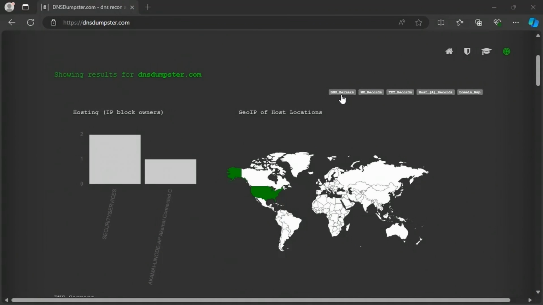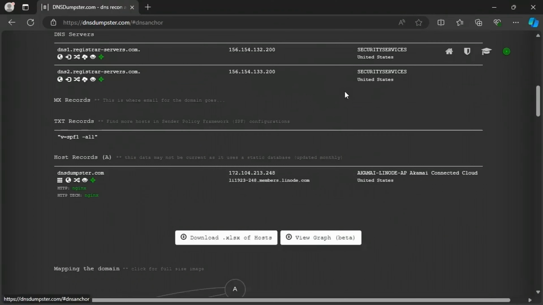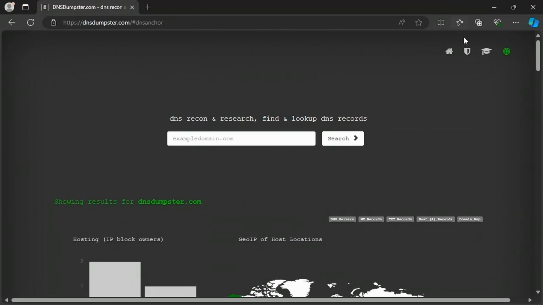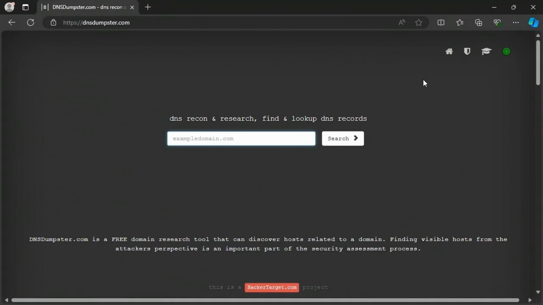If we scroll back up to the top of our results, we can also see these buttons on the top right for DNS servers, MX records, TXT records, host records, and domain map. Clicking on these will bring us to the respective section in the search result. So if you have something that has a very large amount of results and you need help parsing through it, it can be useful to navigate to the direct section using these buttons. If we scroll all the way to the top of the screen, we can see we have a few other tabs available to us. We can click on the Home tab, which brings us back to the original search bar page we started at,